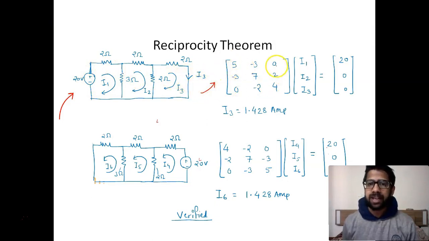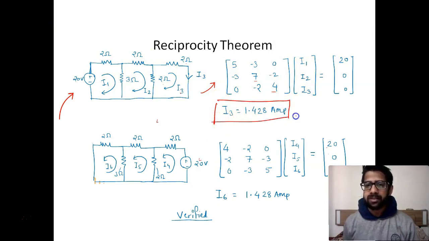We have just made one matrix. So 5 is the resistance for loop 1, 2 plus 3 in the first loop. Then for the second loop we have 3 plus 2 plus 2, that is 7, and in the third loop we have 2 and 2, 4 ohm. For the first two loops, 3 ohm is common, so we have put the minus sign according to this method, and all the other things are done quite well. According to the matrix analysis, we have I3 equal to 1.428 amperes. This is what you will get if you solve this particular matrix. This is solved by the KVL method.